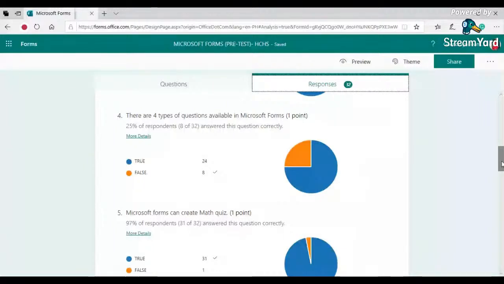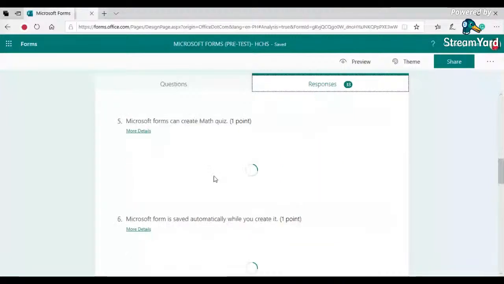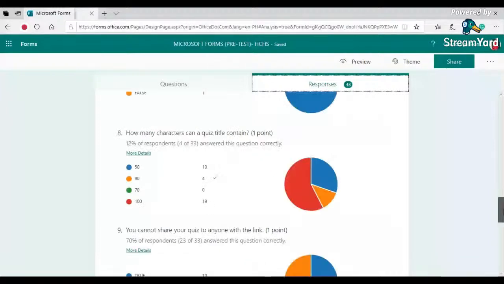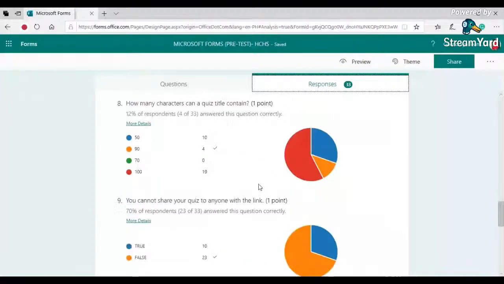How about question number 3? Oh, only one got it wrong. That's all right. Still, I receive responses. 33 now. Okay. In question number 5, I think only 12% got the correct answer. Only 4 of you.